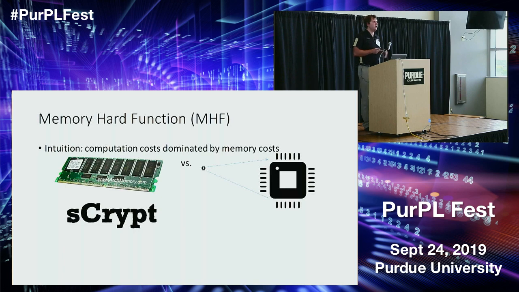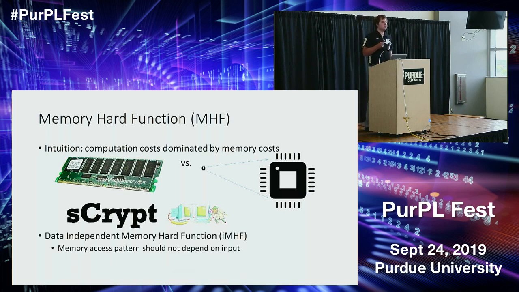In fact, one of the original proposals is called scrypt, and it was proven to be maximally memory hard. But there is a problem with scrypt, and the problem is that it's vulnerable to side channel attacks. If you're evaluating this function on a very sensitive input, namely the user's password, and the attacker is able to somehow infer the memory access pattern, they might actually be able to learn something about your password. That's not such a great property for a password hashing algorithm to have.